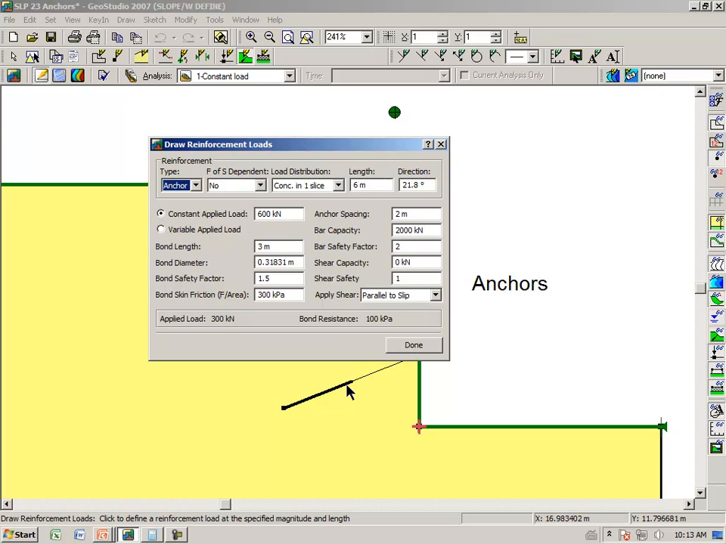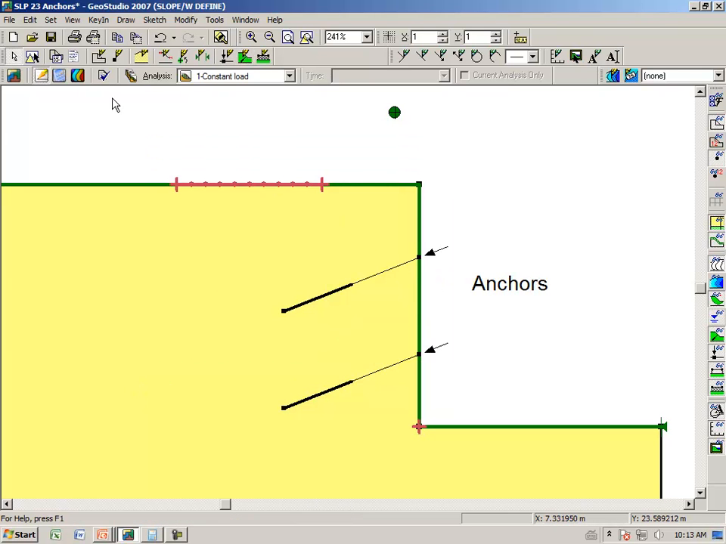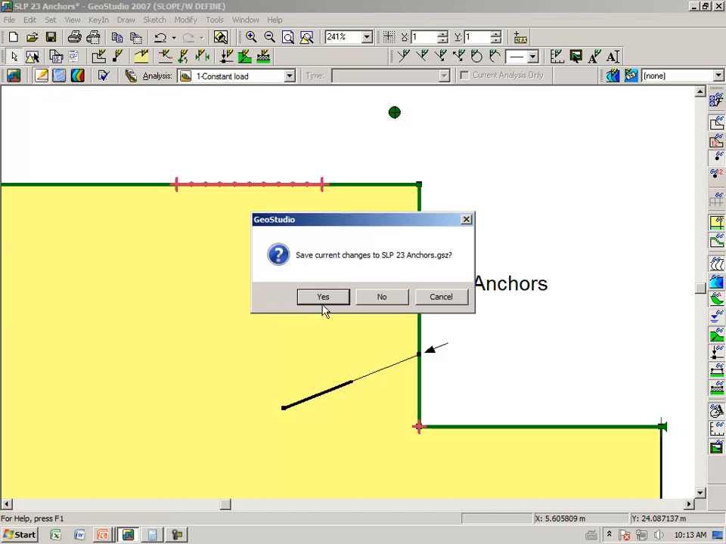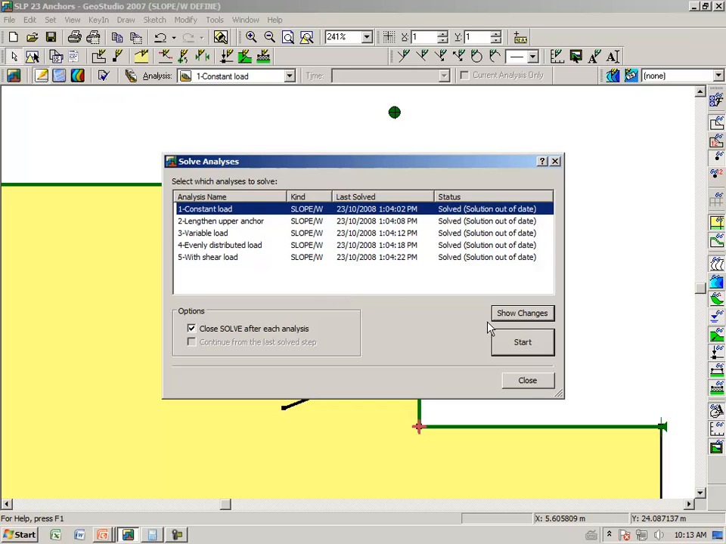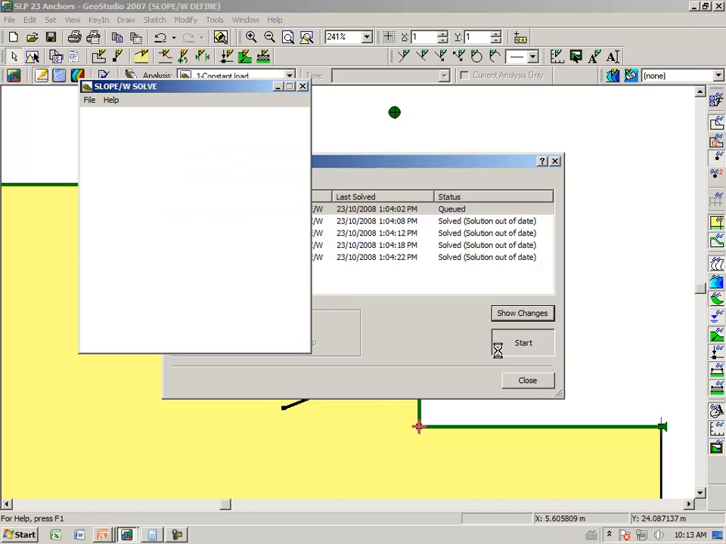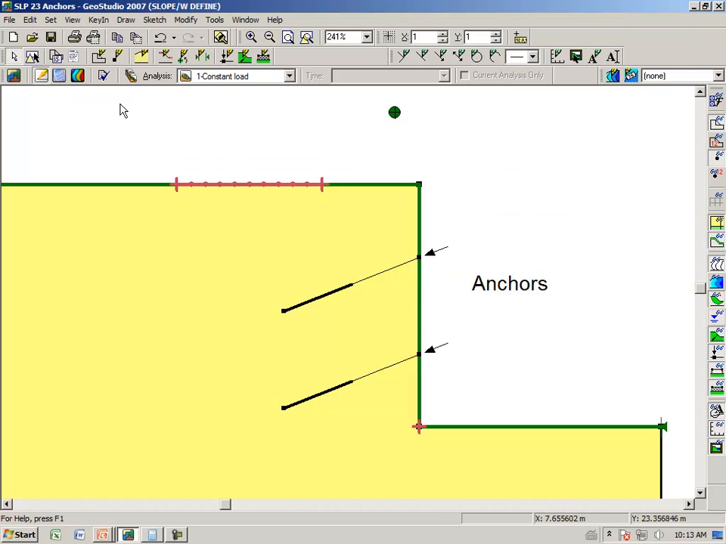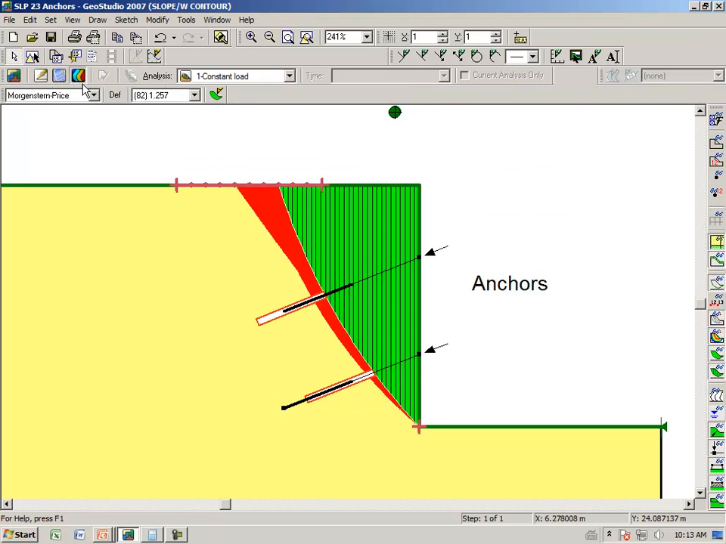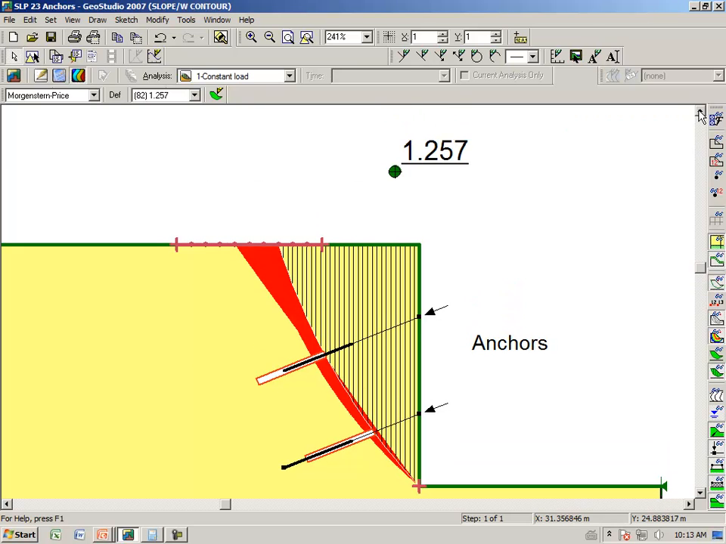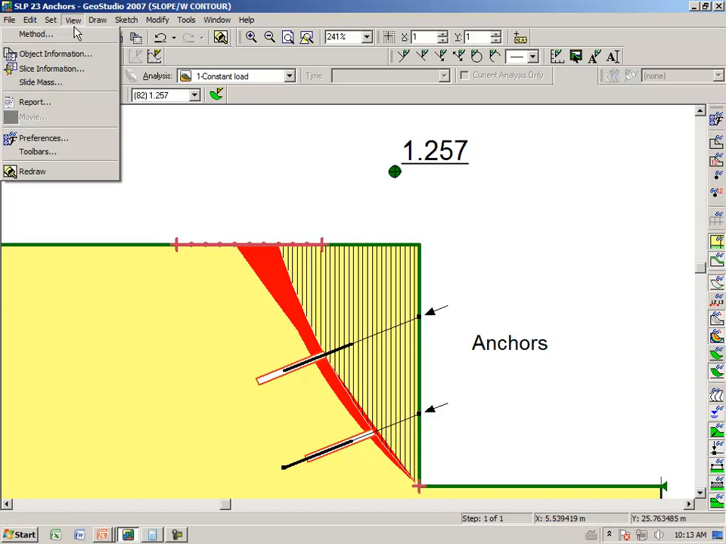We can click on the lower anchor and see that the definition is the same as the top anchor. We now can click on the Solve button, and perhaps it was already solved, but let us resolve the problem and go to the results view. I will turn off the shading of the potential sliding mass, keep up my slice discretization. The important point here is that number one, we have used 300 kilonewtons for each of these anchors. We can verify this with view slice information,